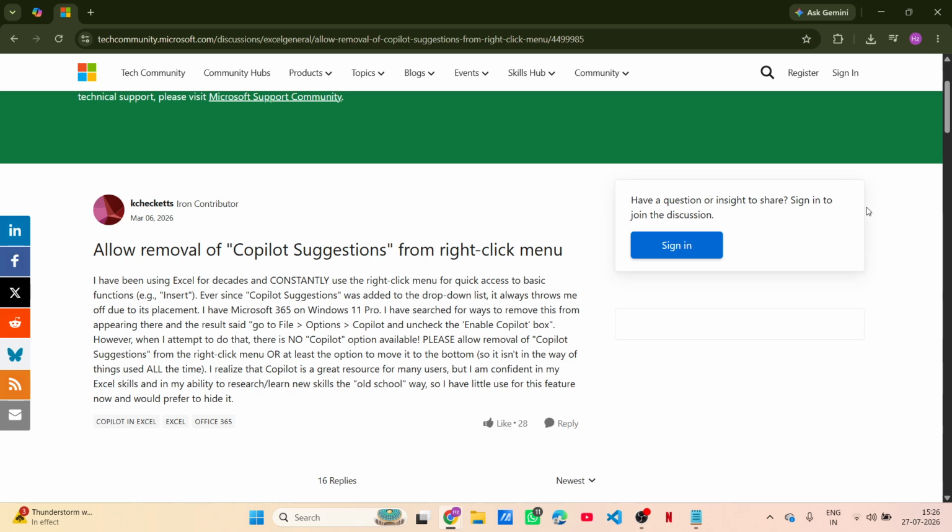We can modify the Windows registry, but let me warn you that the registry is a powerful tool. If you're not careful, you can inadvertently change something important. So always back up your registry before you proceed. To do this, press the Windows key and type regedit into the search bar. You'll see Registry Editor pop up. Click on it. In the Registry Editor, navigate to the following path: